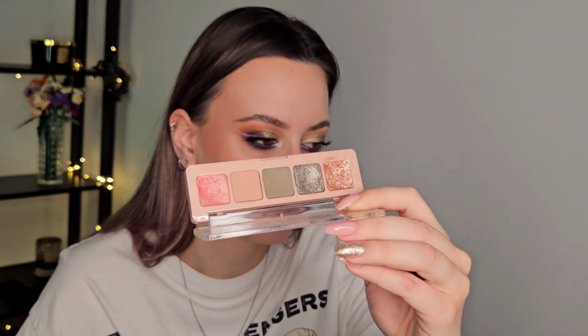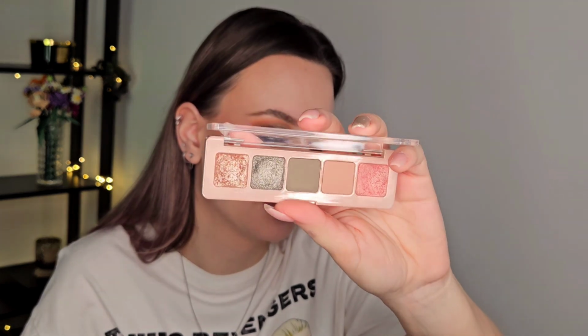On spot number 3 we have the Mini Retro palette. This is just a staple in my opinion. It's my most used palette in my collection. It's just so well made, so small, compact. I am taking this one traveling every time I'm going anywhere. It's just the perfect palette for traveling, because you can create the most simple and impactful look with only 2 shadows, this one in the crease and then this one all over the lid, and you have a glimmery, shimmery